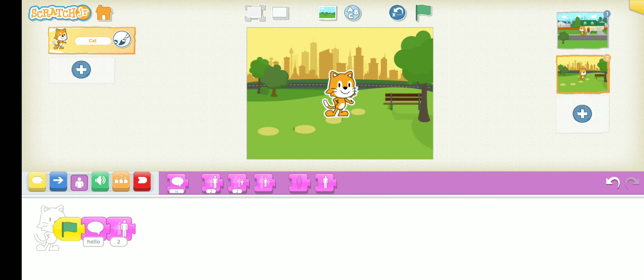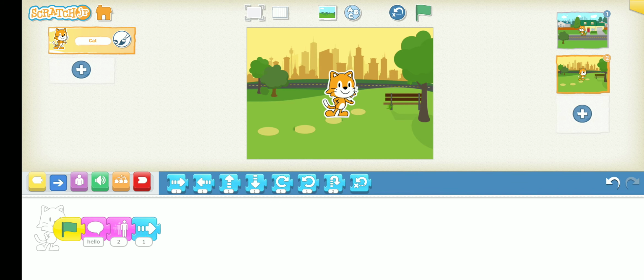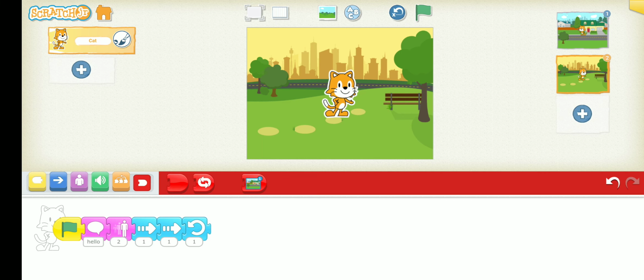Done. Now, after growing, I want it to go a little forward, and again go forward. See, here I am taking 2 times. What else you can do is change the number. Now, take a turn. Done. And after doing this, I want it to come to the next page. Done. So I have done the simple programming for my first page.